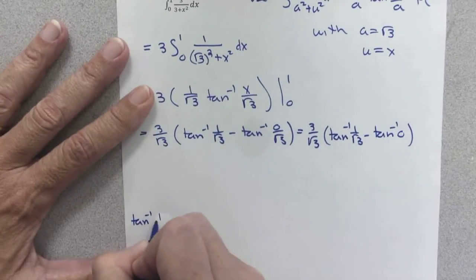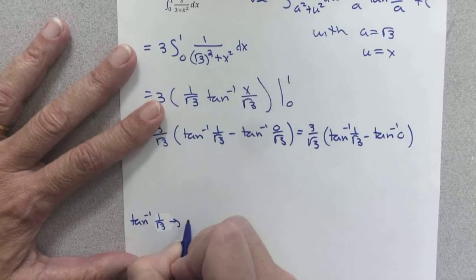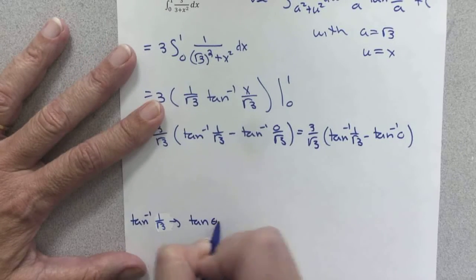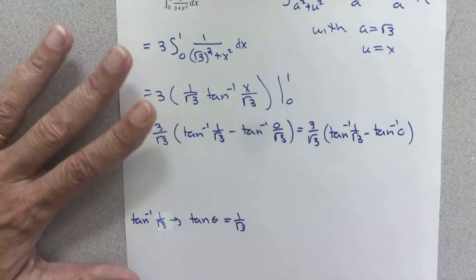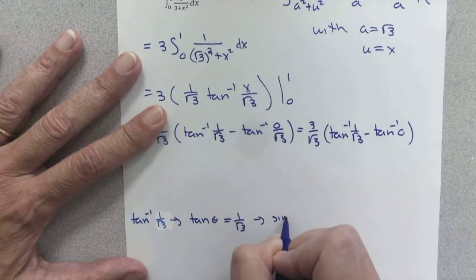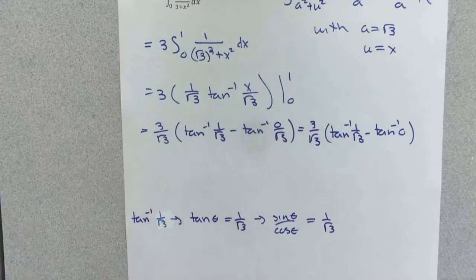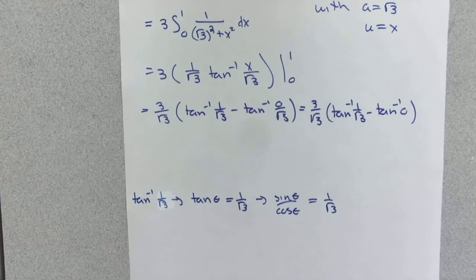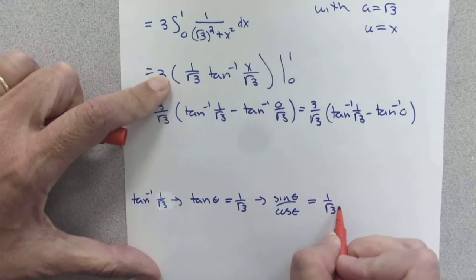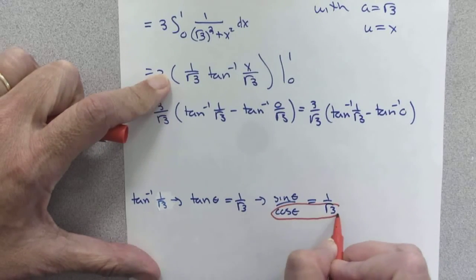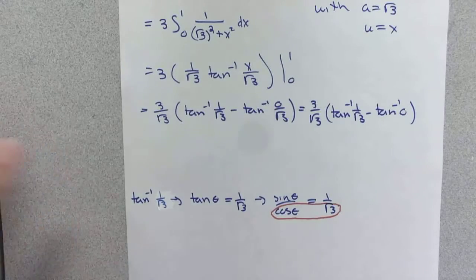So my little thought process here is this, that we've got tangent of theta will equal 1 over the square root of 3, or sine theta over cosine theta equals 1 over the square root of 3. So the fundamental question I'm asking myself is, what angle between negative pi over 2 and pi over 2 has a tangent of 1 over square root of 3? I have to break it down into sine and cosine. And so then when I look at this, I match these guys up. And I ask myself,